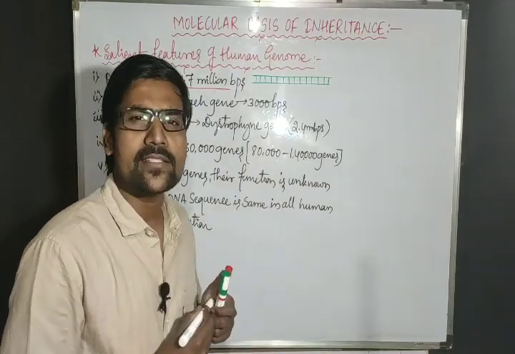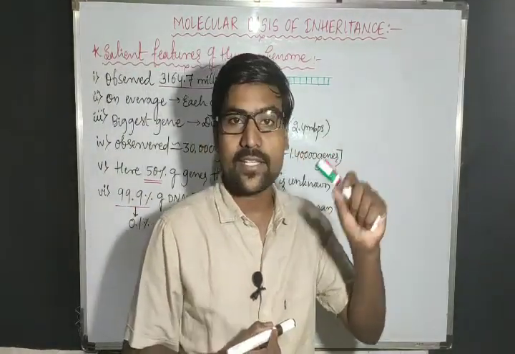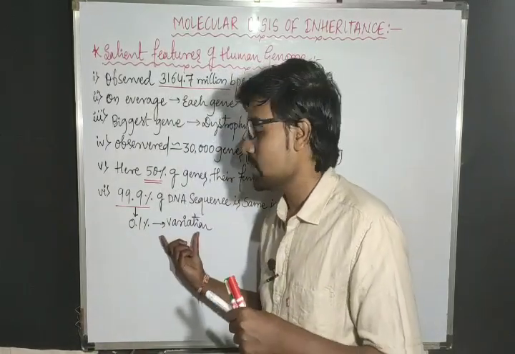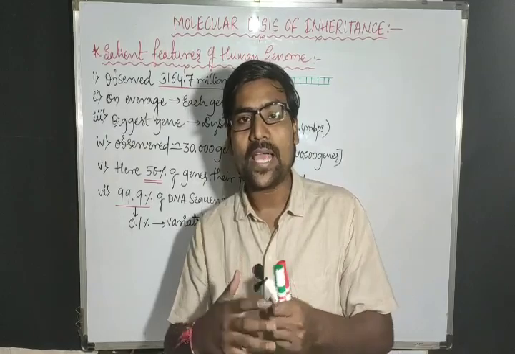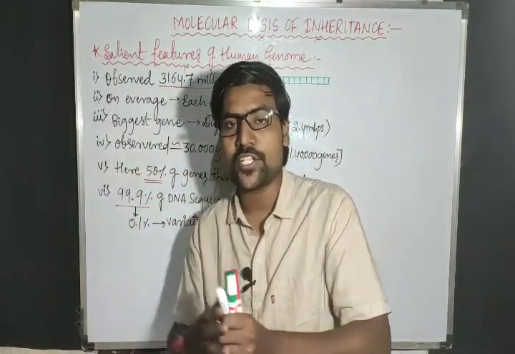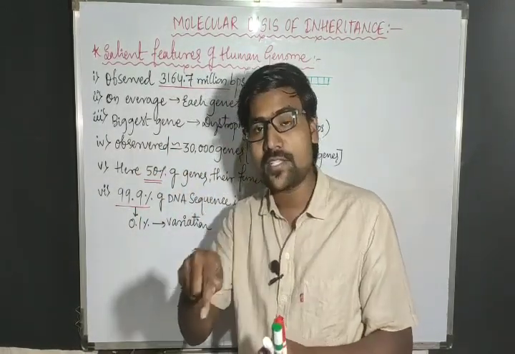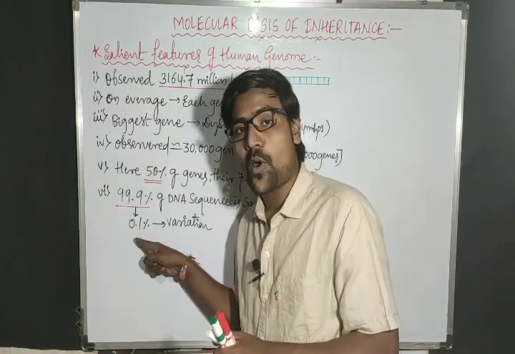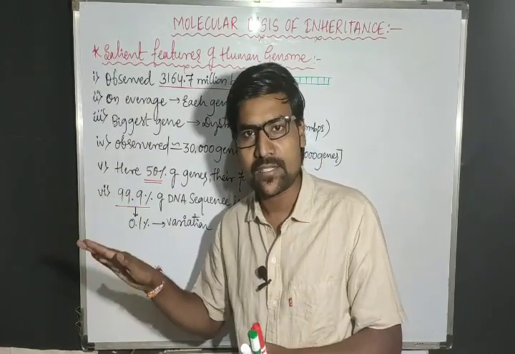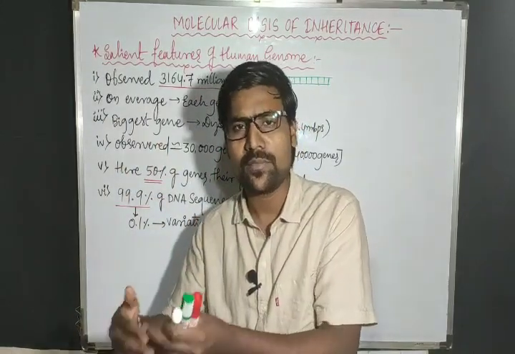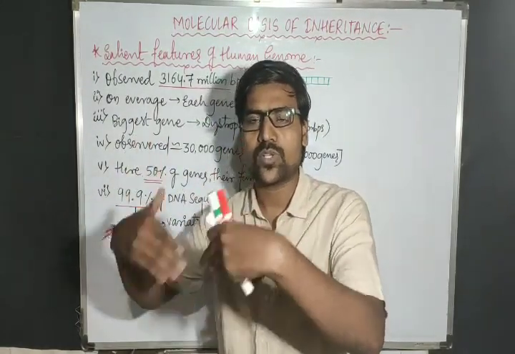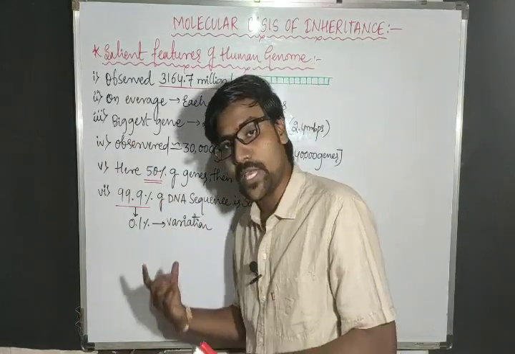Principles of inheritance and variation, genetics chapter, the title is there. Variation means change. Why are the organisms changing, why are the characters changing, why is one generation changing from another generation? It means a change is there in the DNA. To what extent? 0.1%. So this is fixed. Along with that, if any mutations or other changes occur, the changes will keep increasing. So that refers to the variation here.